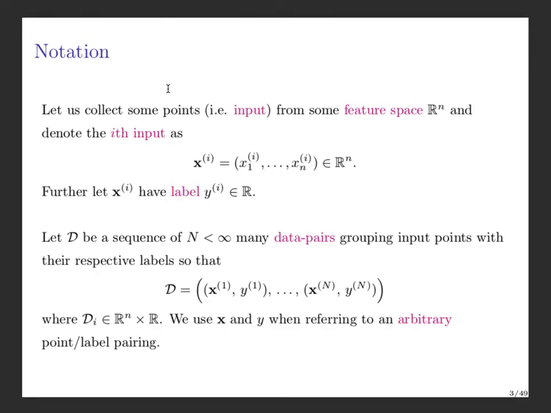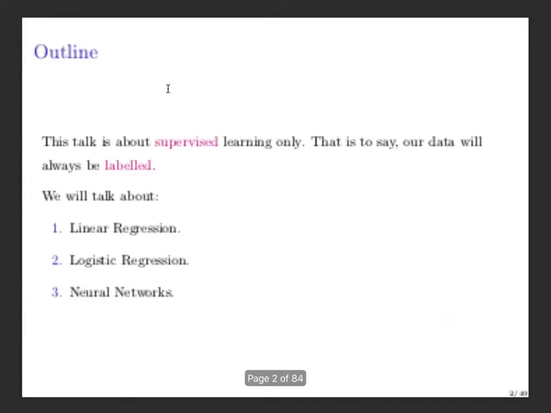Okay, so before I begin, I'm going to define a set of notation. Don't worry if you don't understand this. It's going to become a lot more clear as I introduce examples. So what I want to do is collect a bunch of data and assign to that data a label. I think I skipped this slide. Before I begin anything, I'm going to teach you a little bit about machine learning and artificial intelligence